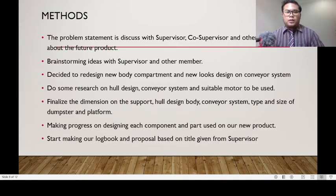So the methods that I use to make my FYP: the problem statement is discussed with the supervisor, co-supervisor, and other members about the future product. As we all know, for this FYP project, the idea is taken from the previous product that we made in the design project, so we found that some problems need to be solved to ensure that the future product can produce more efficiency in the functionality